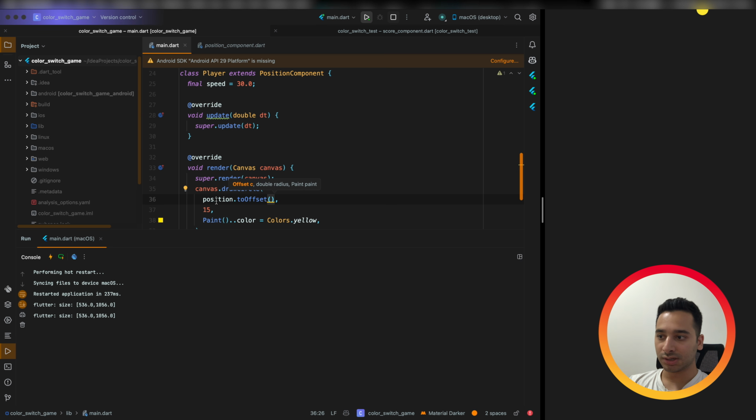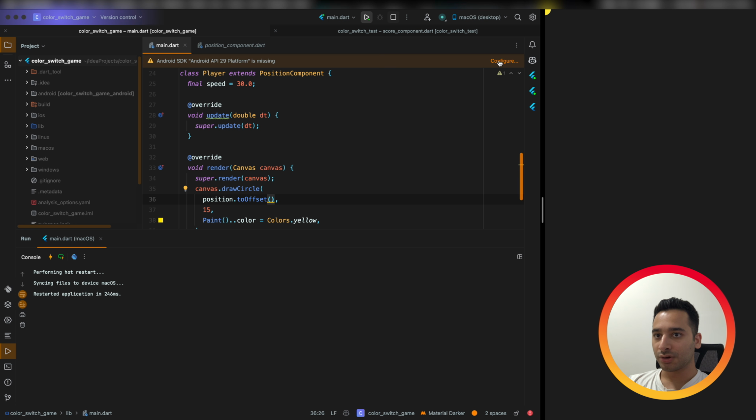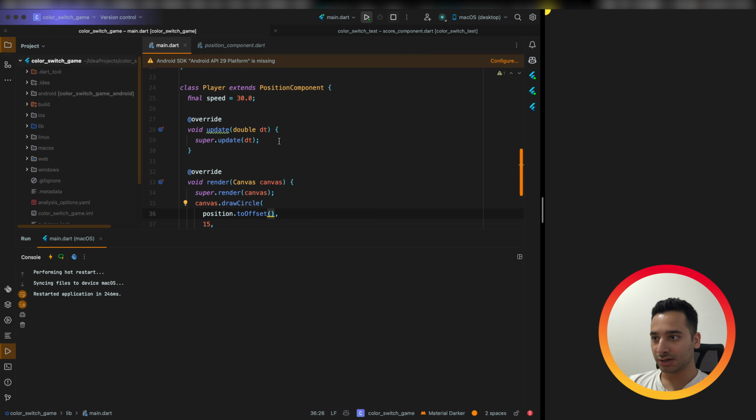If you call this, it converts a vector2 to an offset. If you run the app, it shows that our component is on the top left side of the screen, as position is a vector2 which is 0 and 0 by default. You can update the position like this. You can say vector2 100 and 100, and it draws like here.